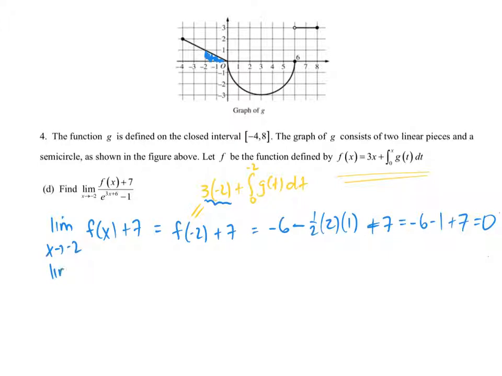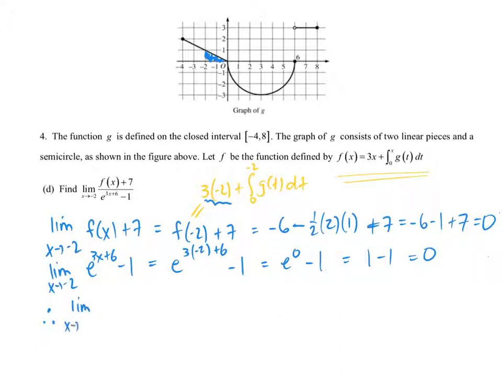I'm now going to calculate the limit as x goes to negative 2 of the denominator. So e to the 3x plus 6 minus 1, that's my denominator. And so that's going to be e to the 3 times negative 2 plus 6 minus 1, which is e to the 0 minus 1, and e to the 0 is 1. And so that limit is also equal to 0. And so what I can now say is, therefore, using L'Hopital's rule, this is going to become the limit as x approaches negative 2 of the derivative of the numerator, which is f prime of x,